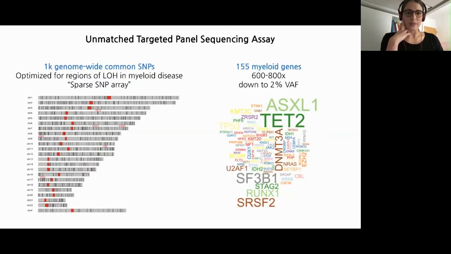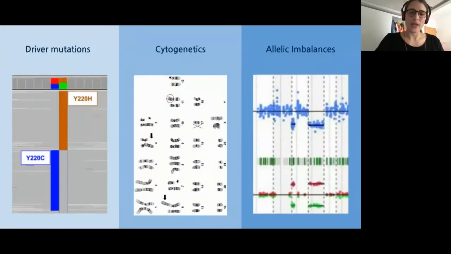So the sequencing panel is comprised of genome-wide common SNPs, so that we can estimate copy number profiles along the genomes. This can be seen as a sparse SNP array, and it has been optimized for regions of LOH in myeloid disease. And the panel comprises also 150 or so myeloid genes that are known to be involved in the pathogenesis of the disease, that we're sequencing with high depths to be able to call subclonal variants down to 2% VAF. And from this assay, we're integrating driver point mutations